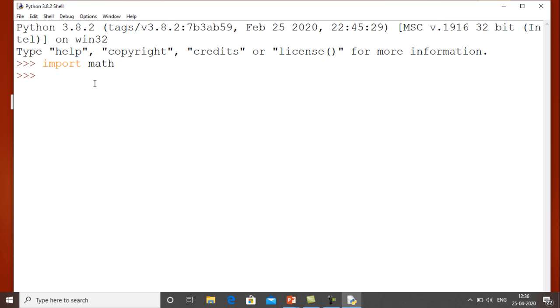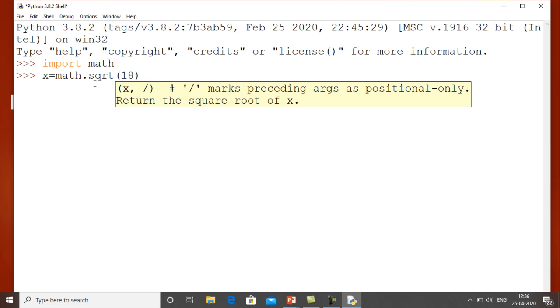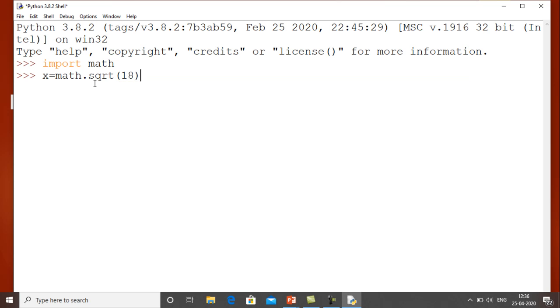By this statement the math module is included, and I can access any function present in that module by writing math dot, suppose I write sqrt and within the brackets I write 18. This function finds the square root of 18 and stores it in x. If I write x, you will get the answer that the square root of 18 is around 4.2426.